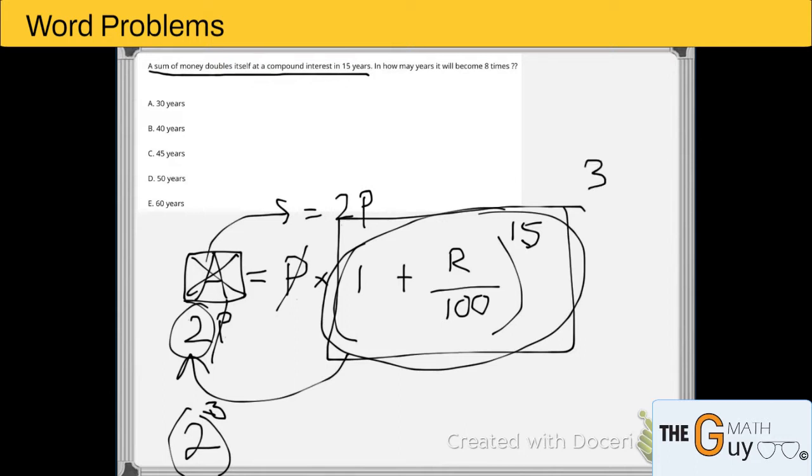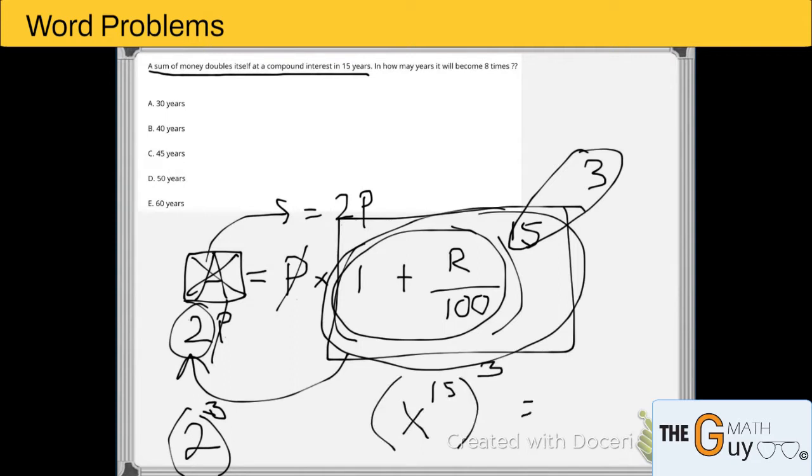Now, how exponents work is that you take these two numbers and you multiply them, because it is something to the power of 15 cubed. So basically x to the power of 45. Right, now within this 45 years, in how many years will it become 8 times? Okay, in how many years from now, I'm guessing, because the wording is off, so we'll assume how many years from now. It has been already 15 years, so we are already at,